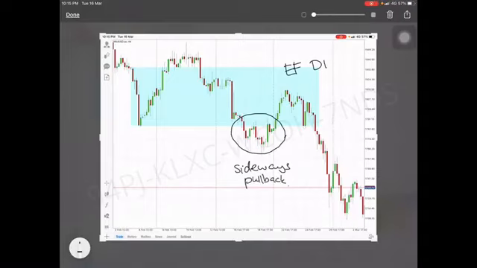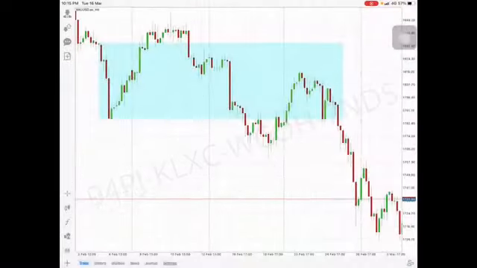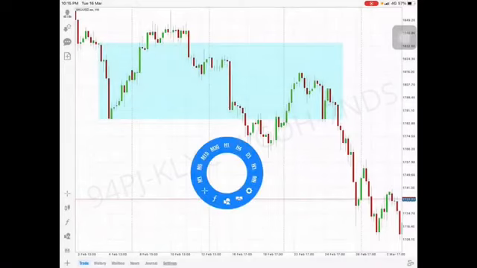Okay, this is a sideways pullback. And inside of the zone, there's also sideways. This is what we are looking for, right? Okay. All right. So now, when we come to the H4,